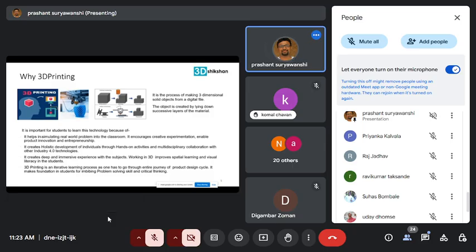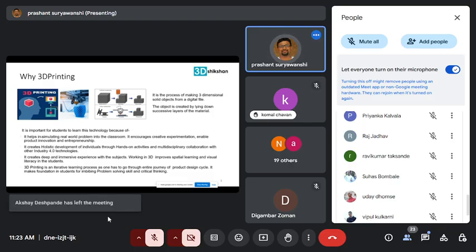And that's where it creates holistic development of the individual, and they are better prepared for this kind of dynamic scenario where a lot of changes are happening around us. Again, with 3D printing you can combine this technology with other technologies, and we will see in the last slides what the different skills are.